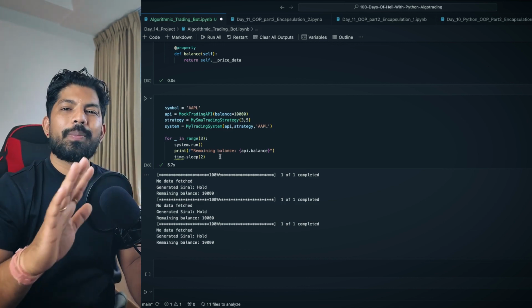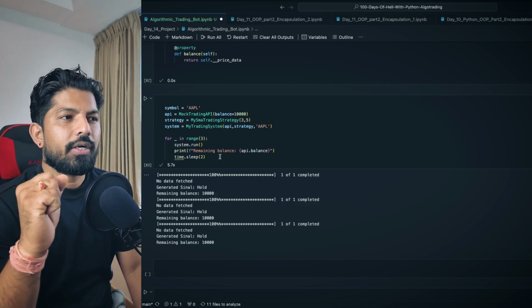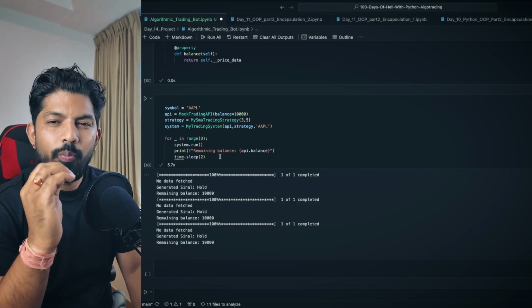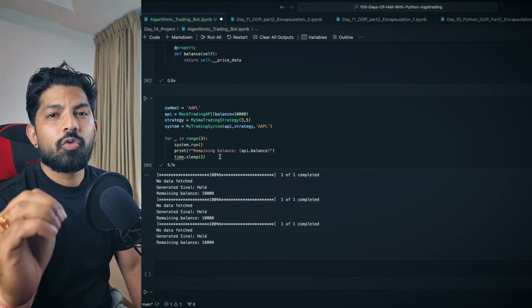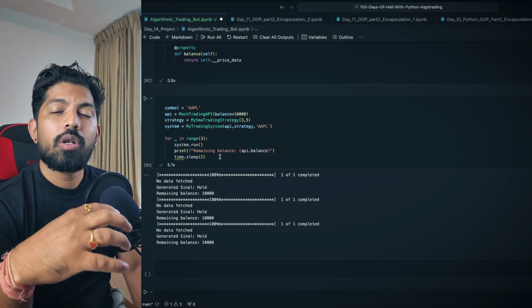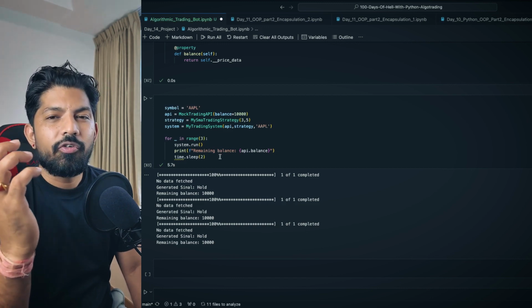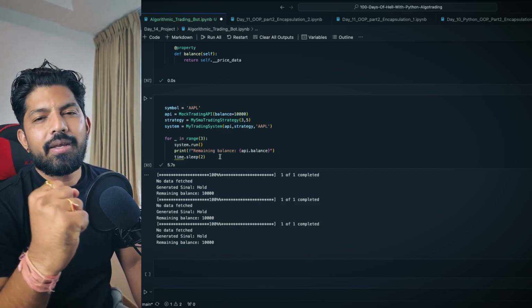But for now, this was the basic idea that we have a full-fledged Python trading bot, and it's really awesome. With just a few basic concepts, we are able to make this. And now you can imagine when we'll be creating the trading system with whole Python concepts, it will be really amazing. So we'll see you in the next video. Until then, bye bye, take care, have a nice day.